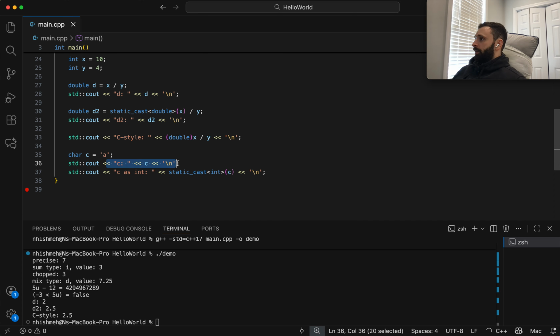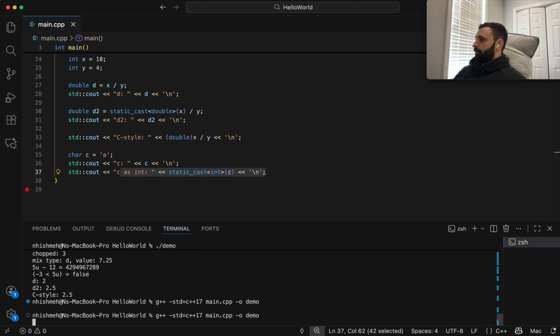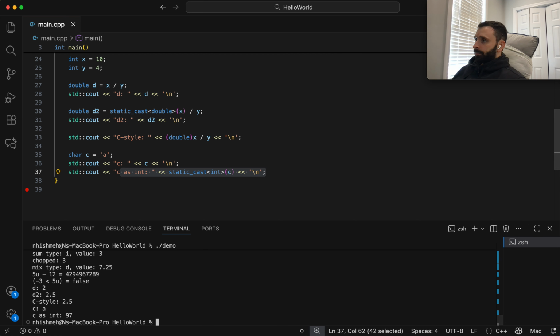So here we obviously know it's going to print out A, but what do you think this one is going to print out? Okay, so this prints out A, and this prints out 97. So this is casting the char as an int. The ASCII equivalent is 97. Obviously everyone already knows that.